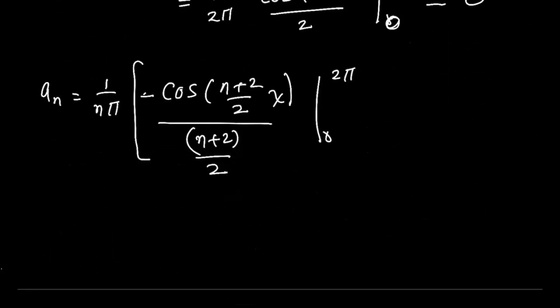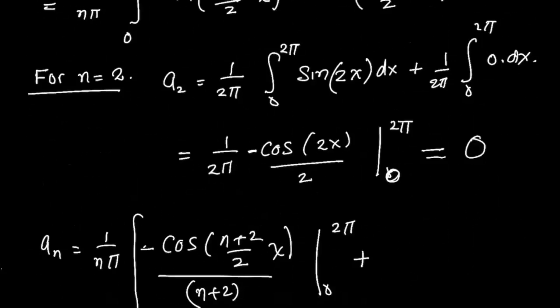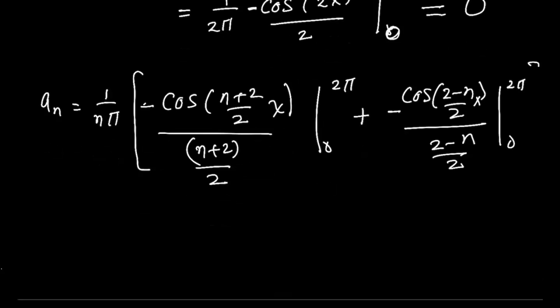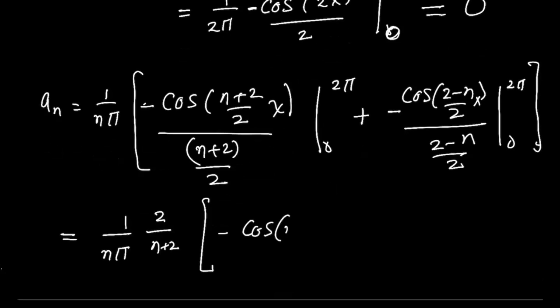and this one is going to be the same plus the integration of this, which is a cosine 2 minus n divided by 2 x, divided by 2 minus n divided by 2, with a negative sign, 0 to 2 pi. If you plug 2 pi here, you're going to get n plus 2, to the power 1 over n pi, and that's going to be 2 over n plus 2, and you plug it here, it's going to be a cosine n plus 2 pi, and minus cosine 0, minus minus plus, cosine 0 is 1. So you're going to get something like that here,